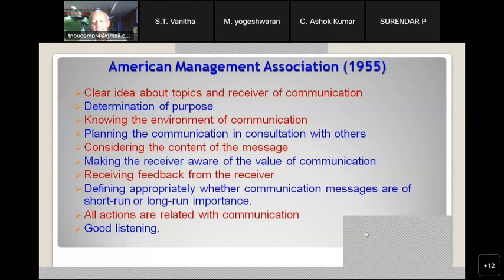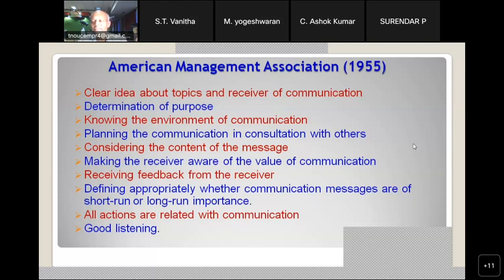I don't know to what extent or how much you are listening. I don't know, because all your mics are muted, and therefore I can't hear any noise from you, and therefore I can't say whether you are listening. And if at all you are listening, whether it is good listening or satisfactory listening, that time only can I say. And so the American Management Association,